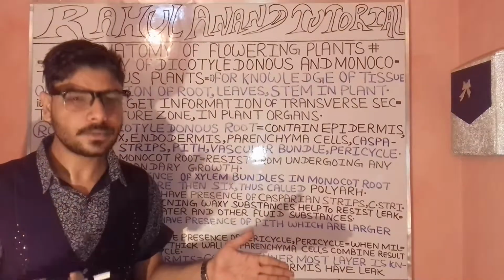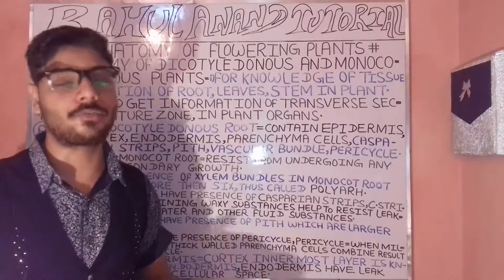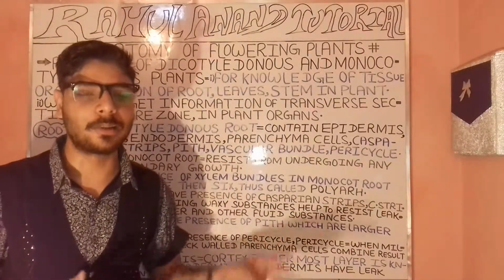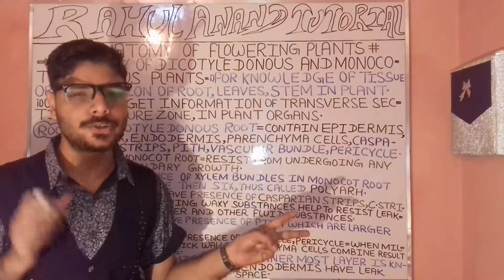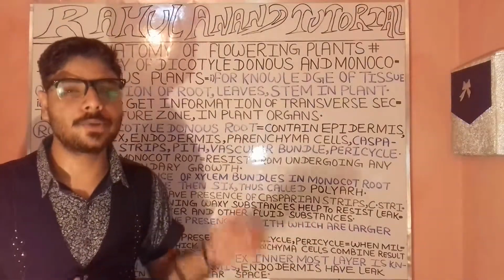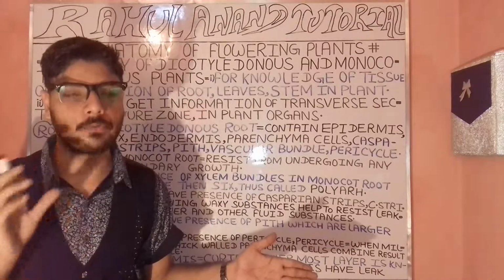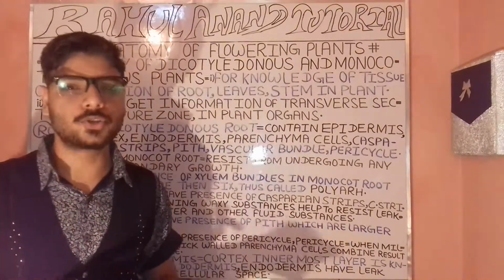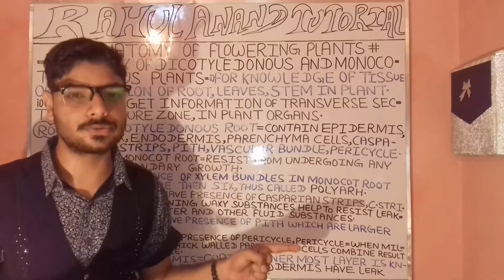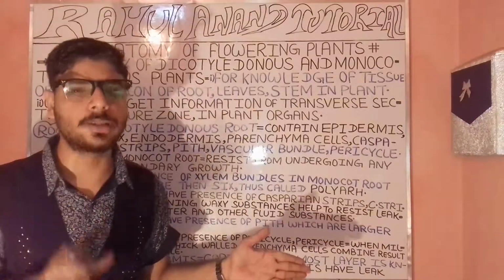Primarily, the apical meristem is divided into two broad categories: the root apical meristem and the shoot apical meristem. As for the intercalary meristem, where will it be found? It will be found with reference to the mature regions of the